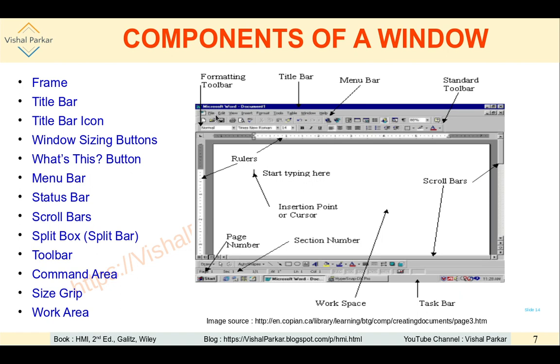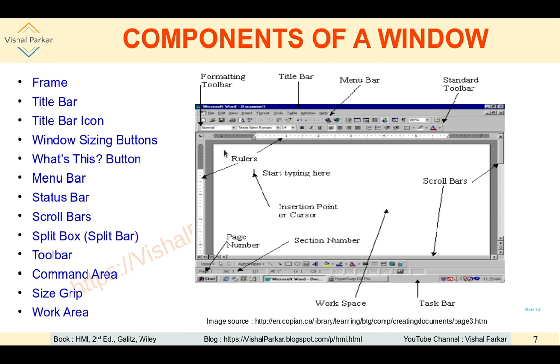So these are the category, groups of operations which are categorized into different sets, like file operations, then edit, then view, etc. So file operation will be having sub menus or sub options for different file operations, like creating a new file, opening a file, closing a file, saving that file, etc. So in this way, different menus can be present in the menu bar.